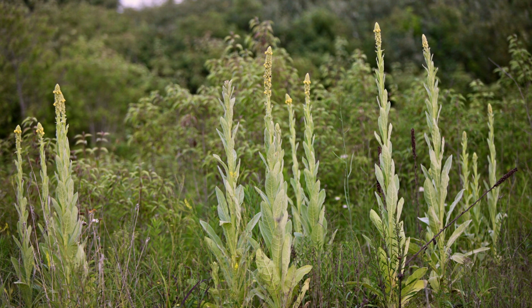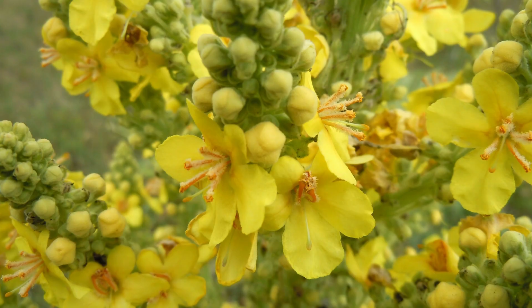Mullein has long been used as a natural remedy for a range of ailments, from respiratory to urinary issues. It can be easily identified by its tall spikes of yellow flowers and large velvety leaves. Although native to Eurasia, it has become a very common invasive species throughout the United States. Mullein leaves and flowers contain mucilage, which soothes our internal mucous membranes, and saponins, which help loosen mucus for more